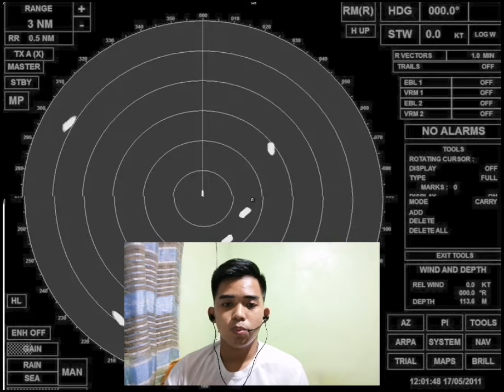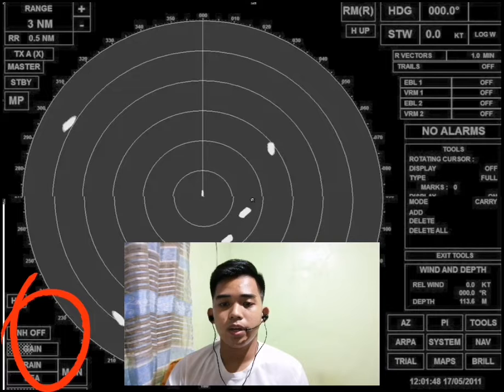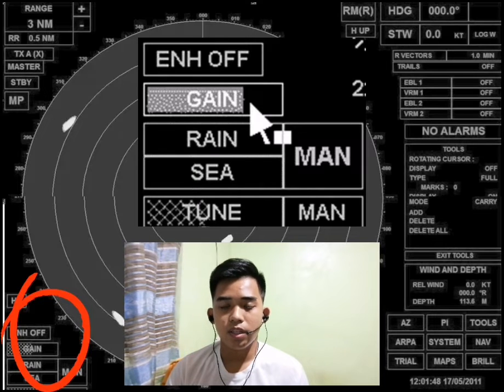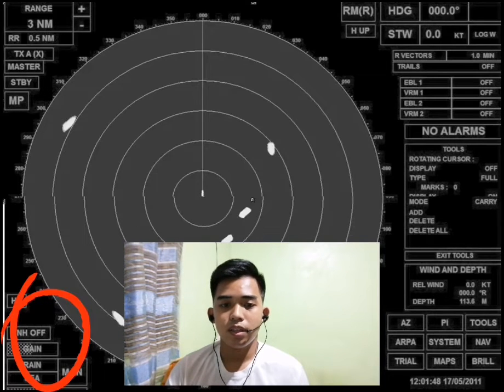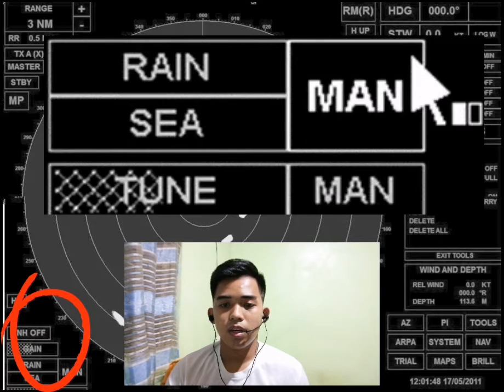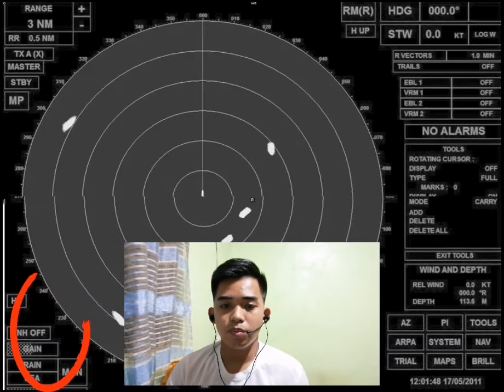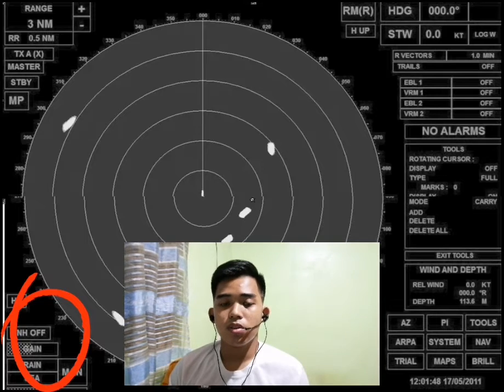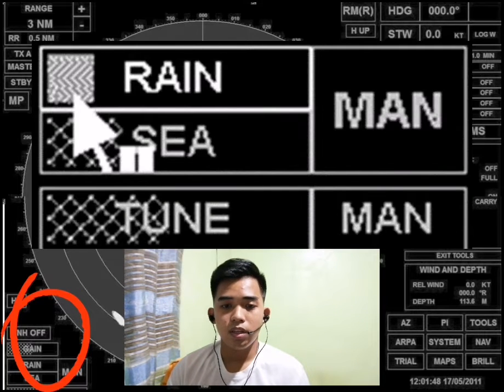setting of video processing control. First is the gain, to vary the level of the radar signal display on the screen. And next is the sea, to reduce the clutter appearing on the display due to the radar signal from the sea surface. And next is the rain, to reduce the clutter appearing on the display due to the radar